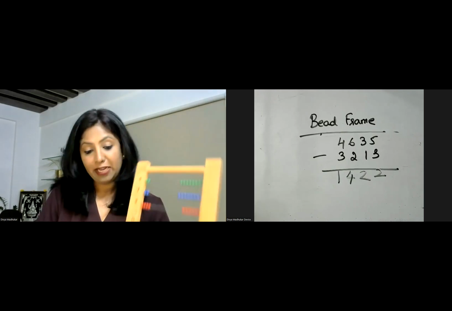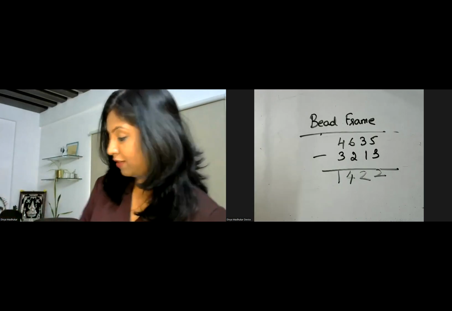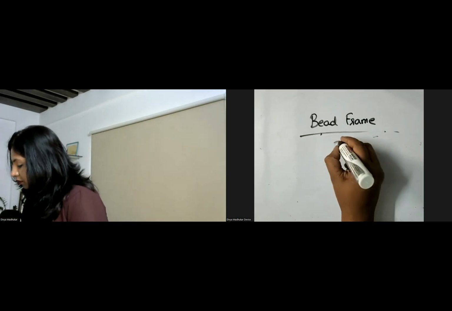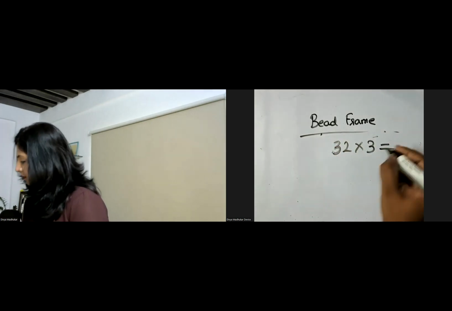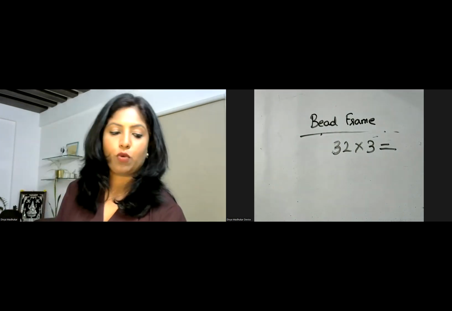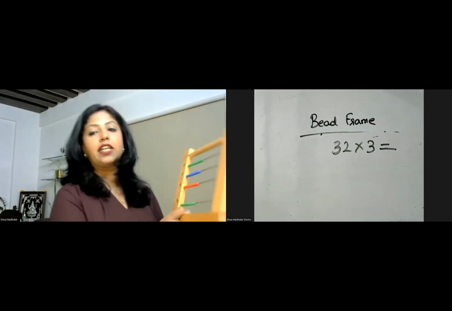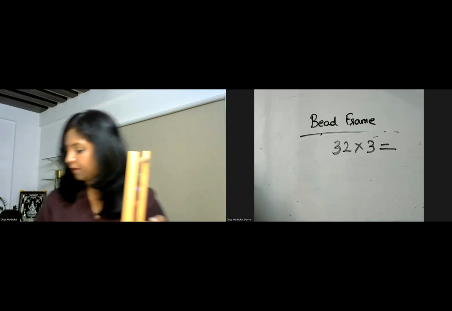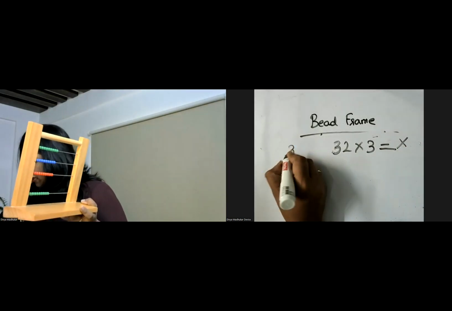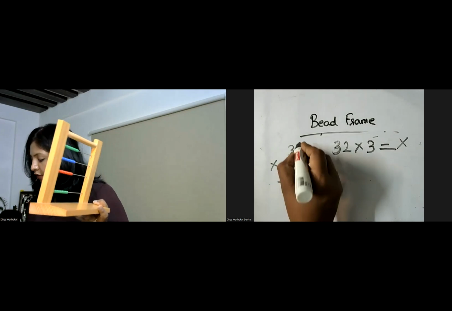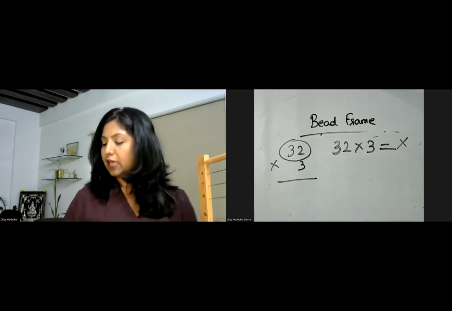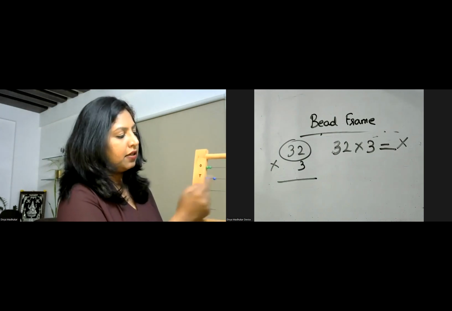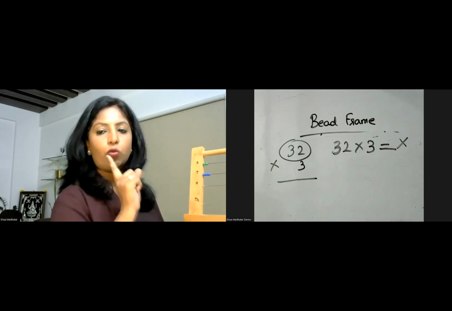Now we can also do multiplication. The teacher can think over and give a static multiplication. Say I give 32 times 3. So what should I do? I have to take 32, everything to the right hand side. We don't have to do it horizontally. Let's do it vertically so the child will understand. So 32 is the number. How many ones? 2 ones. How many tens? 3 tens. So this is your 32 one time.